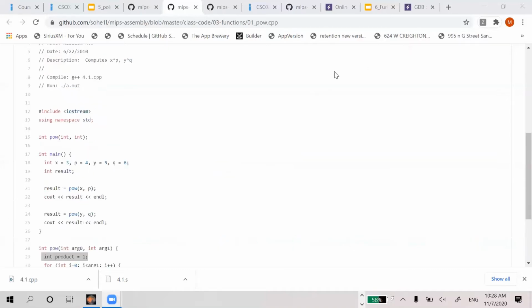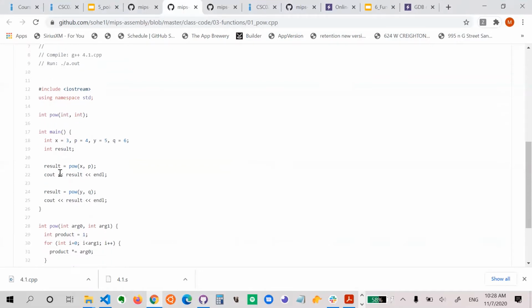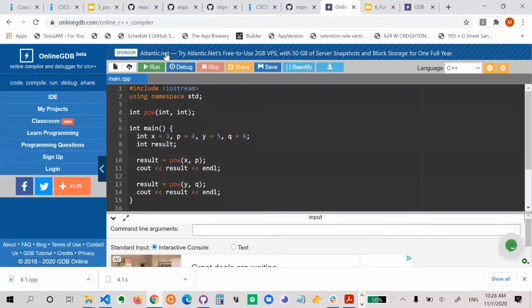So in the main code, we have some numbers that we're going to run through this function. And we have a result. So that is shared, you see. And every time we are just calculating that, putting it in the result and doing a cout. And then another time, and then cout. I think I have a page open that's running this. Yeah. So if I run this,